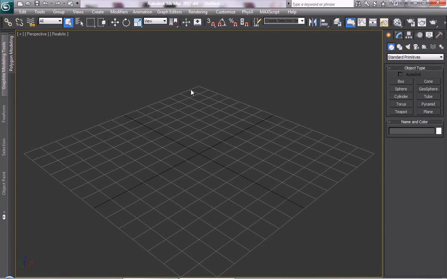Hey, what's up? Quattro here, and today we're going to be taking a look at how to model a pencil in 3ds Max. Now you're probably wondering, why do I need to model a pencil? You never know. Anyway, the reason why I'm doing this tutorial, even though there are some on YouTube already, is